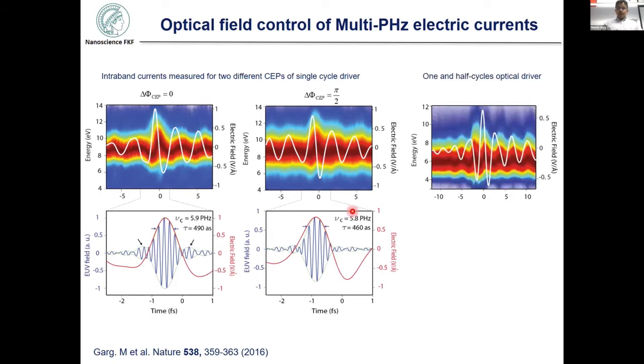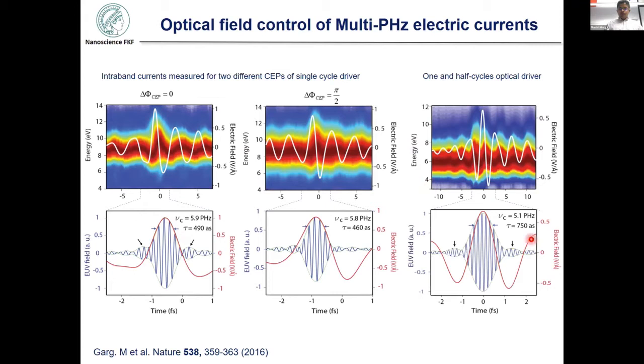And if you generate these high harmonics with longer optical pulses, we go a bit lower in cutoff energy. And here the important feature is that you can go to lower energy EUV pulses, and this is very important because most attosecond experiments suffer from the fact that there is extreme temporal resolution, but the spectral resolution is really bad. But with such kinds of pulses, they are confined in attosecond time scales and they have huge spectral resolution.